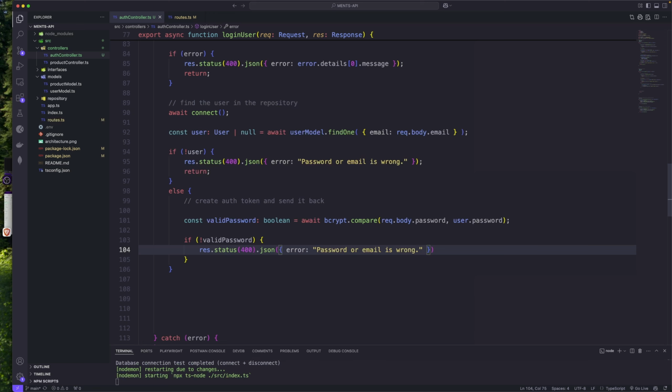Yes, password or email is wrong. To make it difficult for a hacker to know what is wrong, if it's the password or the email that I need to work on. Maybe type in another password. So